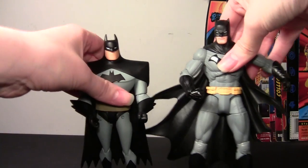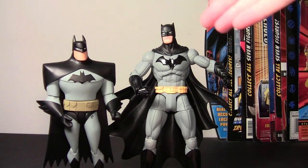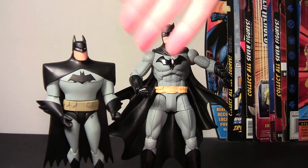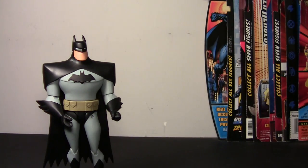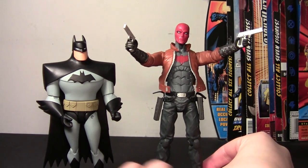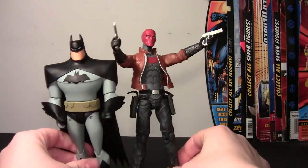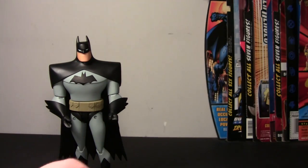So this is the Capullo Batman with the animated series Batman, and you can see clearly 6-inch scale, 7-inch scale, maybe 7 and a quarter, and this is maybe 5 3/4 or so. So that's the Capullo series Batman. I have the Red Hood and the Outlaws Red Hood here, which is maybe more of an accurate 7-inch DC Direct scale. So there you go. You see he's a bit smaller, but still slightly taller than this guy. So this animated series, I think, is a true 6-inch